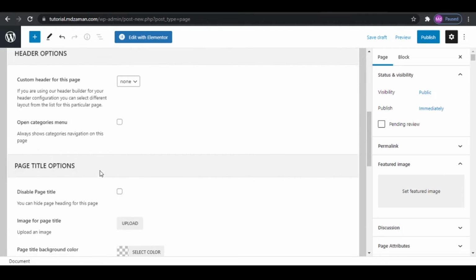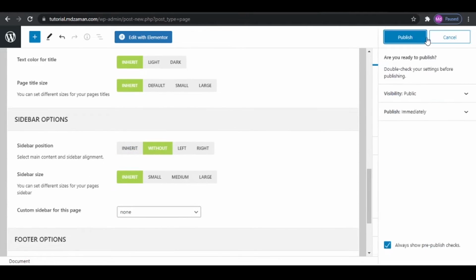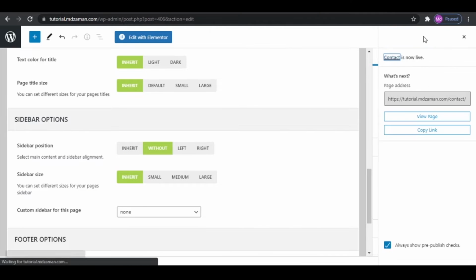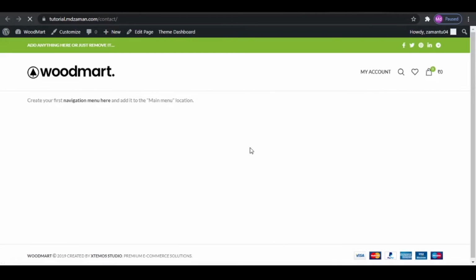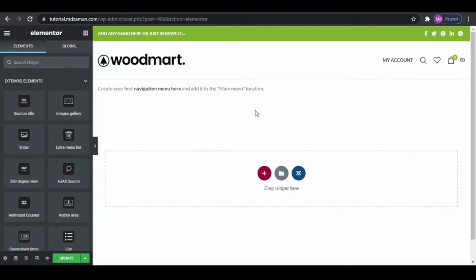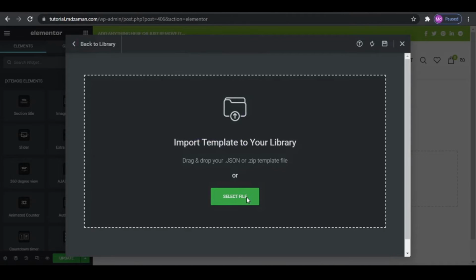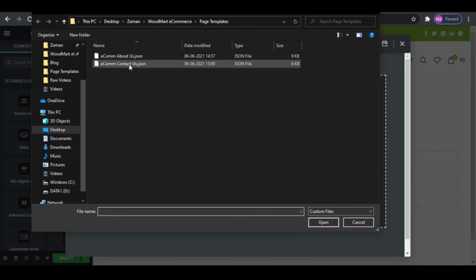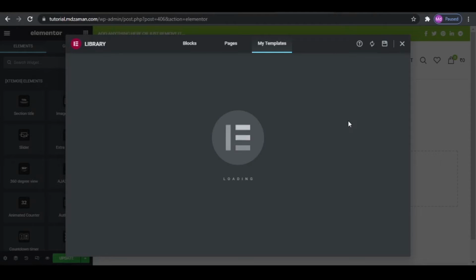Now scroll down, enable this one and we'll click on without this one, click on publish and publish. Let us find out if it is blank. Okay, it is blank. Now let's come back and click on edit with Elementor. And like we know, to import any page, we'll click on this folder option and we'll go to import, click on select files and we'll select import from here. I mean the contact us page. Click on open. Your page will be imported. So click on insert,